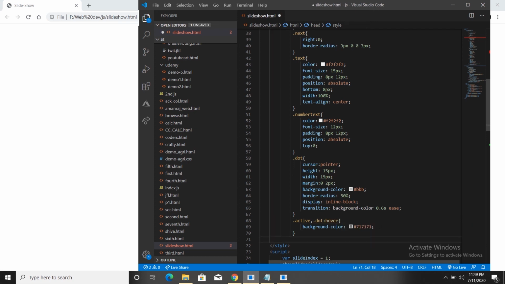Save it. Now give styles for the fade. I had given MySlides and fade at a time, so I am using dot fade here. I'll be using dot fade for giving animations to this.